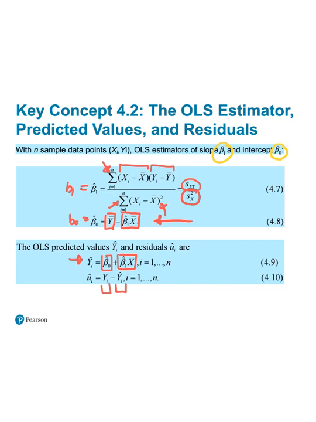Well, what we're trying to do with our OLS estimator is minimize our mistakes. So yi is the real observation, and yi hat is the estimated observation. If we can minimize the distance between yi and yi hat,